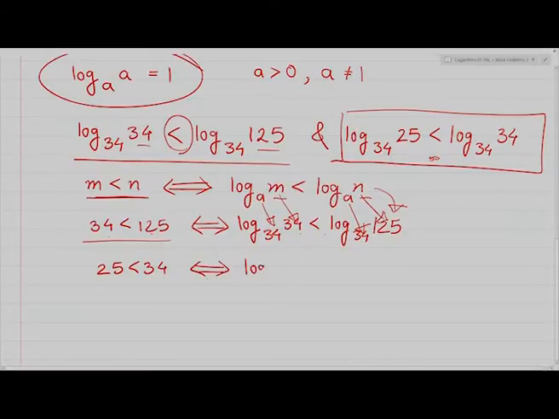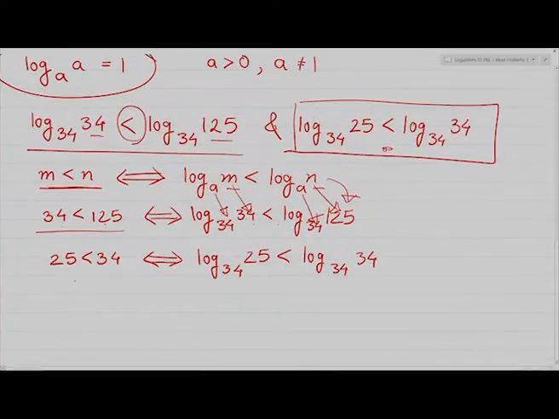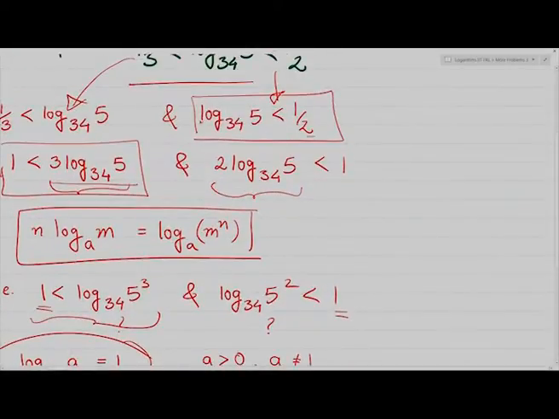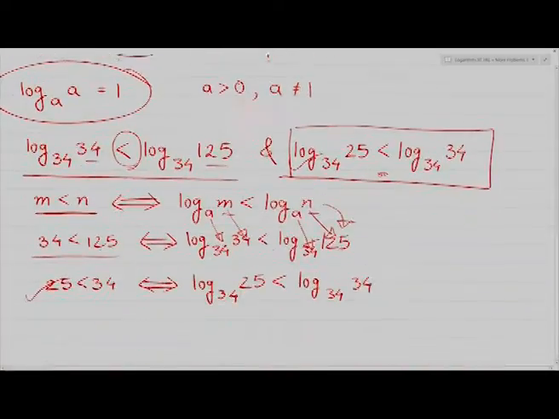If it is so, then log to the base 34 of 25 will be less than log to the base 34 of 34, right. This is by default true, therefore this inequality is also true, and because this inequality is true, our original inequality is also true. Therefore, we have shown that